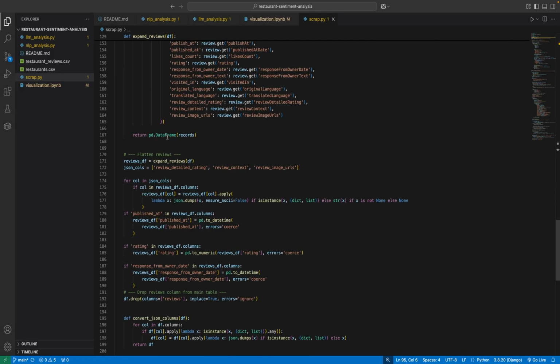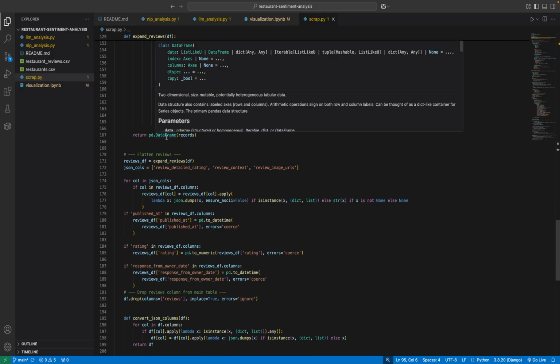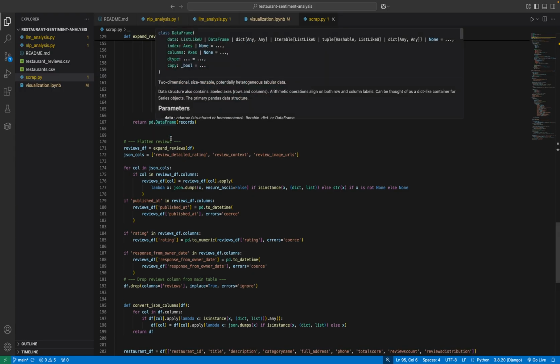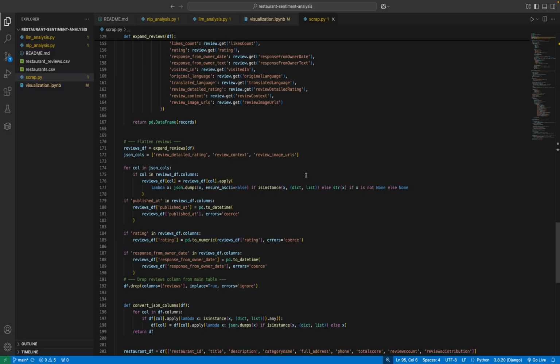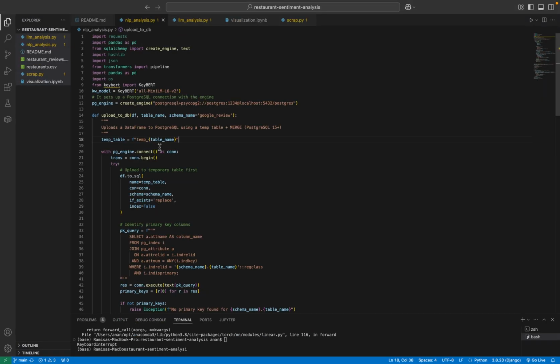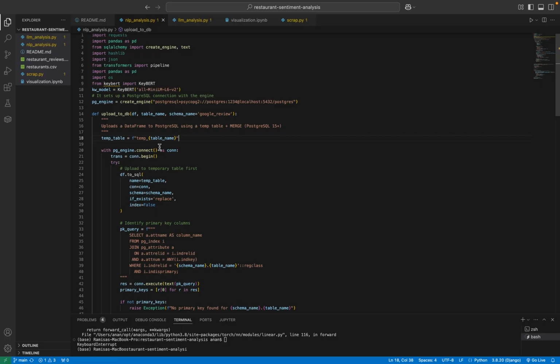This part of the pipeline ensures that I always have the latest restaurant review data in a structured format, ready for further NLP analysis and LLM analysis. So in this code, I have built a pipeline which performs sentiment analysis and summarization on Google restaurant reviews using Hugging Face Transformer models.